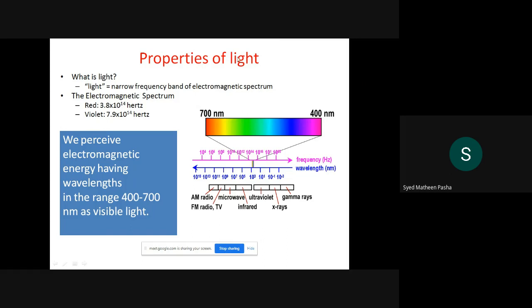As in the previous slide, the object was an apple. If you want to see the apple, the range of that particular object should lie between 400 to 700 nanometer. When light falls on it, if that particular spectrum of light falls under this range, only at that time can you see the object with respect to that light.